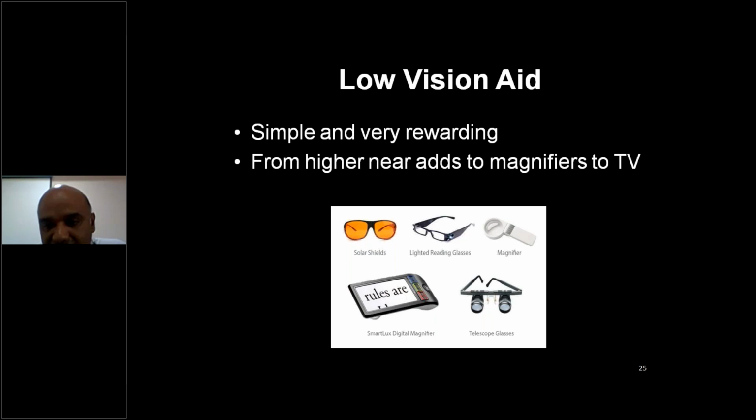For dry AMD, medical management is sufficient. You give vitamin supplements: vitamin C, vitamin E, lutein, zeaxanthin, and others like zinc, copper, etc., are added in the supplementation. When there is wet AMD, you have to give anti-VEGF therapy, sometimes combined with PDT or without PDT. So depending on the situation, you treat the particular condition of the patient.